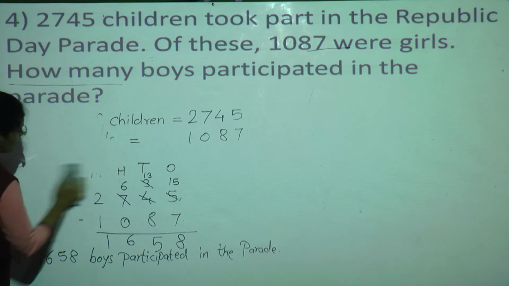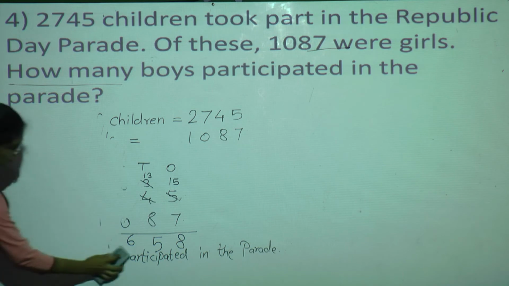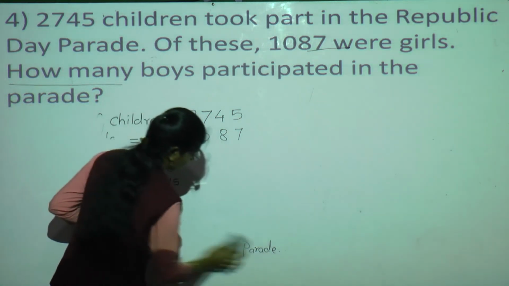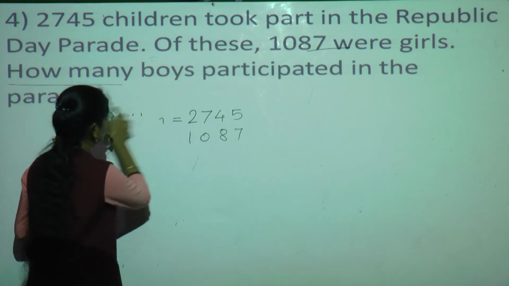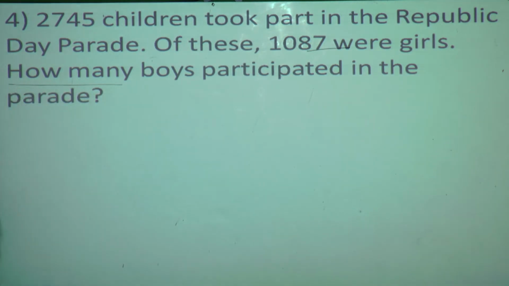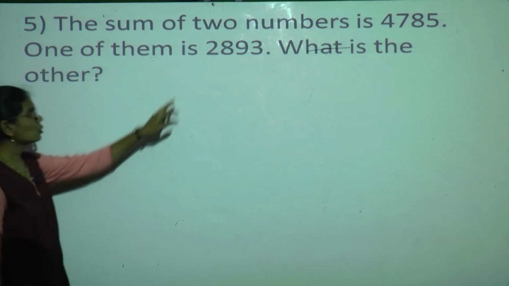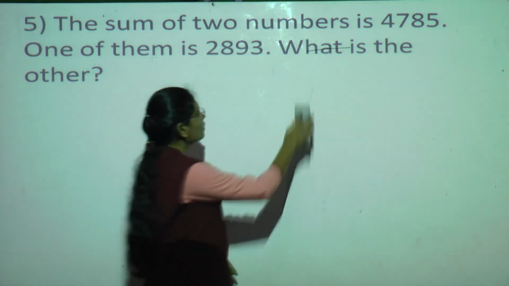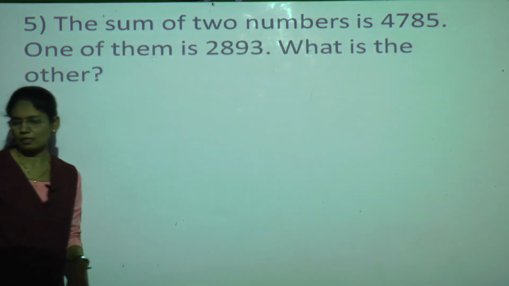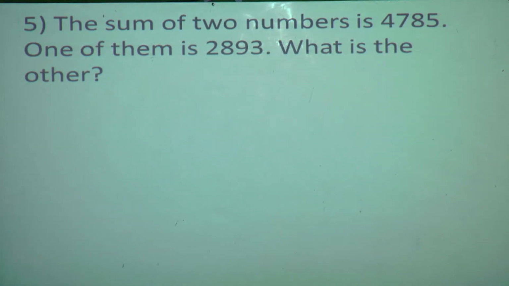Then see the question number 5, what it is. Read the question. What is the question? The question is, the sum of two numbers is 4785. One of them is 2893. What is the other number? See here what they had given us. They had given us the sum of two numbers is